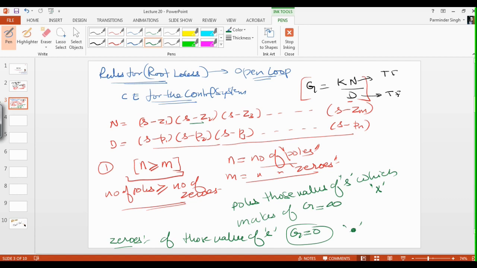Clear? So now just remember that in the denominator, the terms appearing for s are poles. In the numerator, the terms appearing for s are zeros. Poles are marked with a cross sign, zeros are marked with a dot sign. So rule number 1 says poles should be greater than or equal to zeros. Clear? Second rule